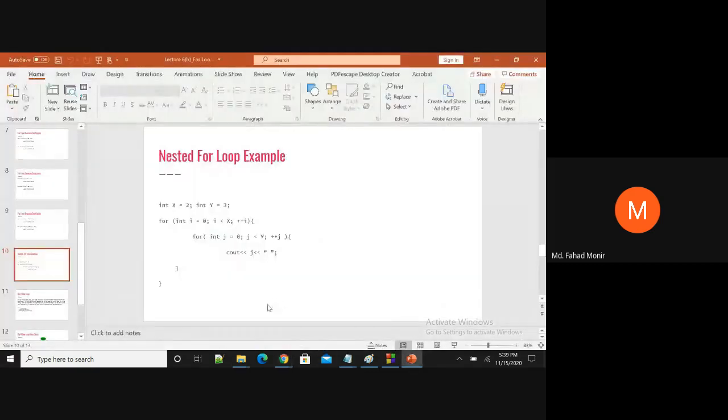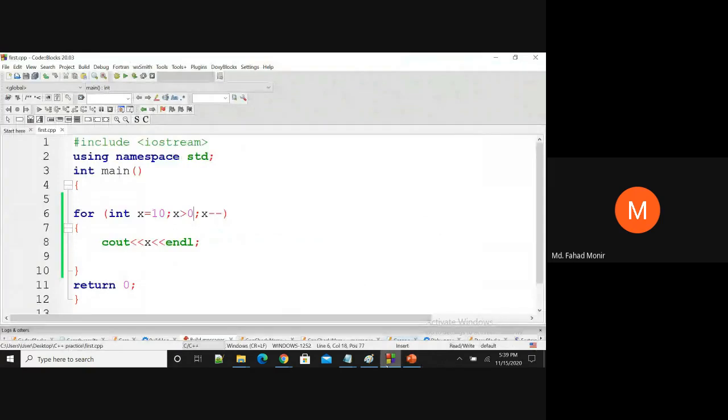So in nested for loop, let us take two values and let us make a change in this code. We are taking x equal to 0, x is less than, for example, 3. Okay, then x plus plus. Here